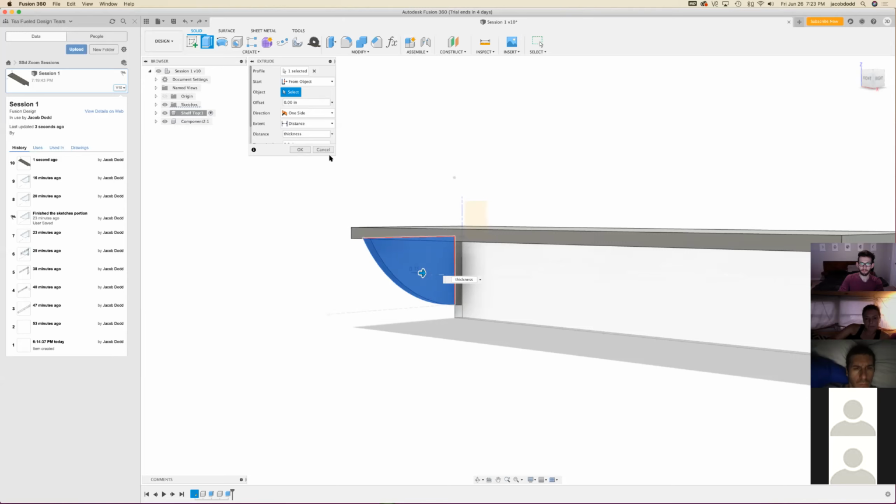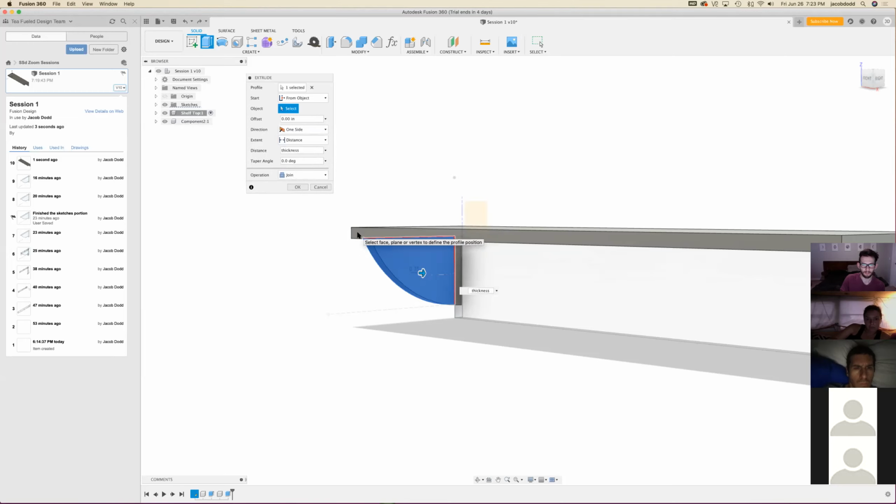Honestly, one of my favorite things about Fusion is if I was to hover over here to select the object that we're extruding from, I can't click that left side, but if I click and hold, make sure doing from object. If I was to click and hold,